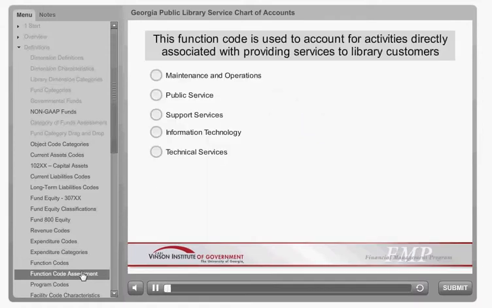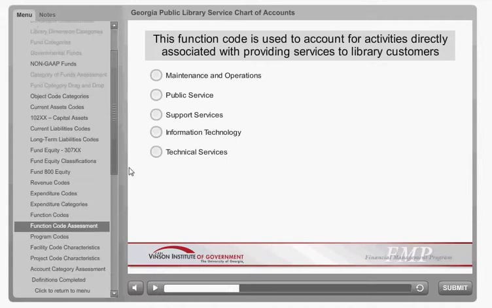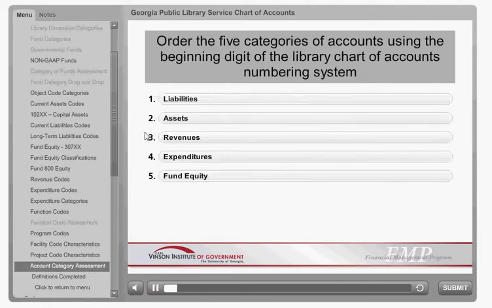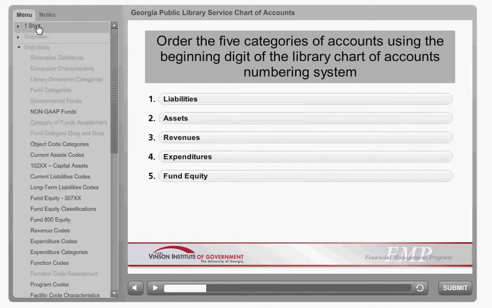Had a fun code assessment, just a multiple choice on when you use a particular function code. Also had another assessment which they ordered the accounts according to a numbering scheme that is uniform for the chart. And so in this case, going back up to the main menu,